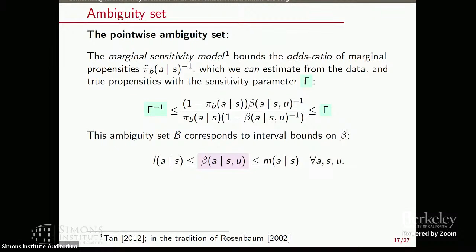So the sensitivity model that we use simply provides a convenient parameterization. Because we're optimizing, any linear uncertainty set could be substituted for this. And so we follow the marginal sensitivity model of Tan, which bounds the odds ratios of selection into treatment under the full information, relative to what you can observe, conditional on only the observed state, uniformly by the sensitivity parameter